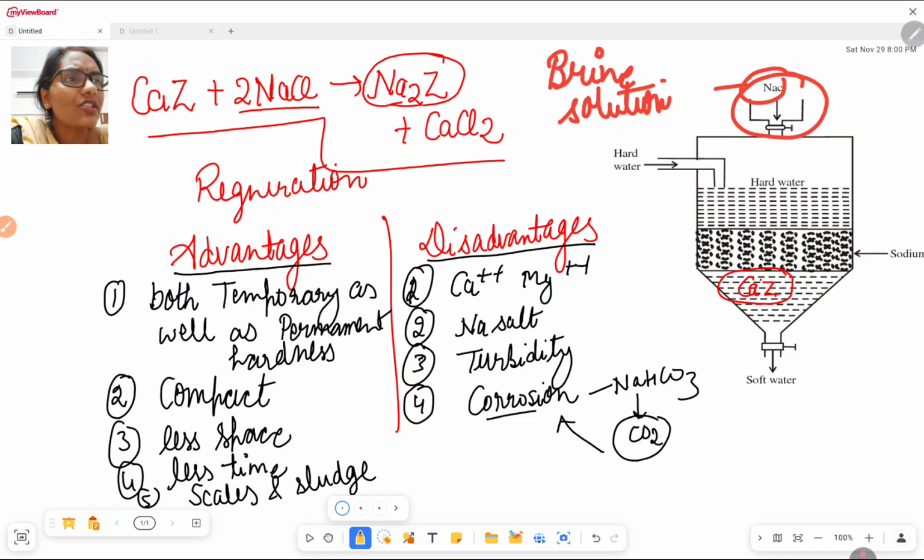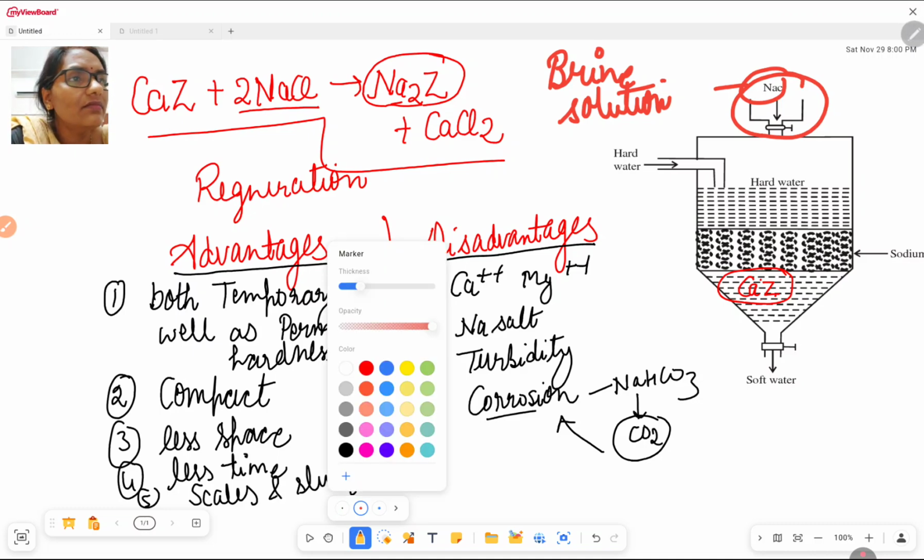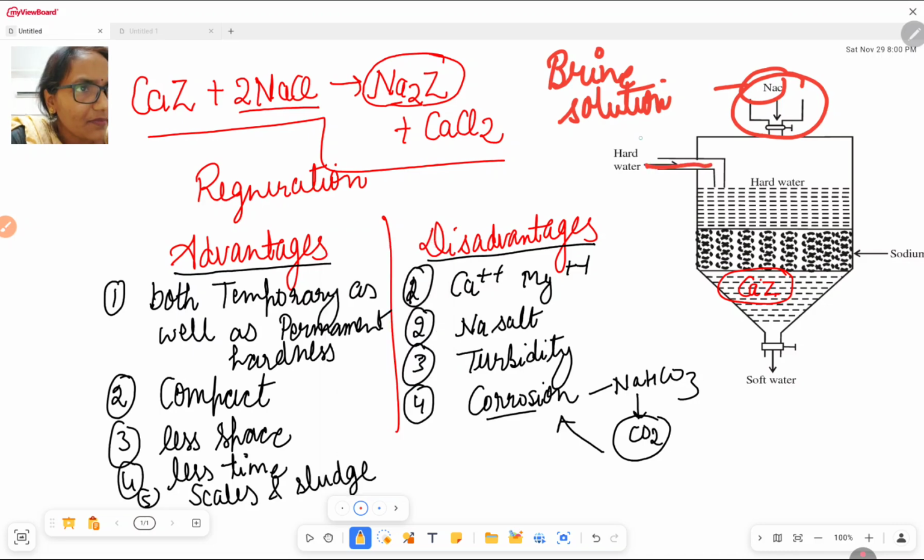So this is the zeolite method, which is very important. See, again I am explaining, this is the hard water. Hard water means temporary as well as permanent. All the carbonates, bicarbonates of calcium, magnesium are here, and this is the hard water. This is a zeolite. यहाँ पर zeolite है. When this reacts with this, all the insoluble part remains here, but the soluble part goes out.